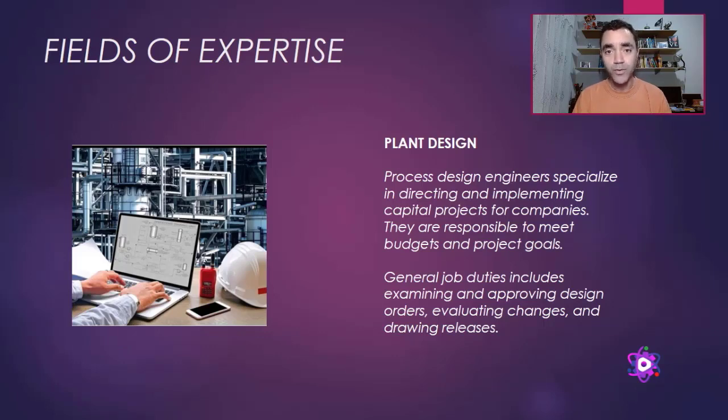If we take these three fields of expertise, you can verify that research and development is responsible for developing a new product in a lab and pilot scale. And once it is consolidated, the plant design team will do the design, building, and erection of a plant for industrial production. And the operations team is responsible for operating the plant in the most efficient way.